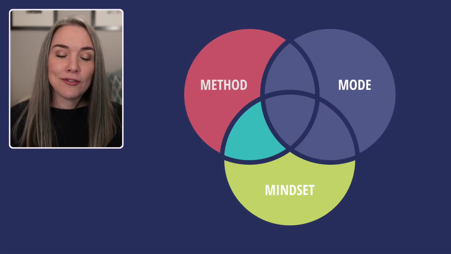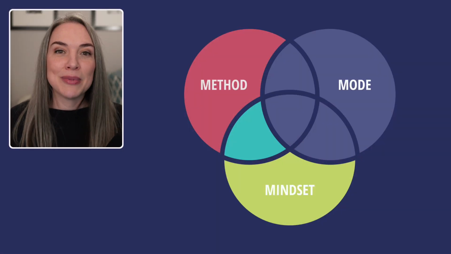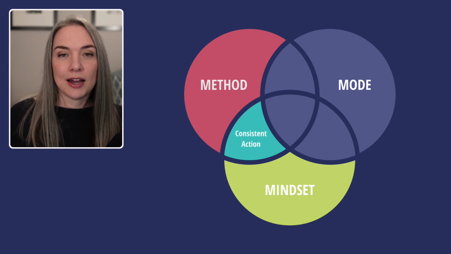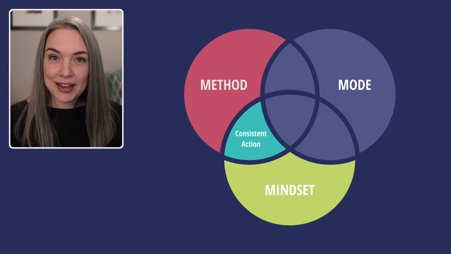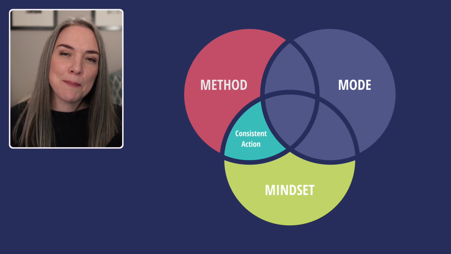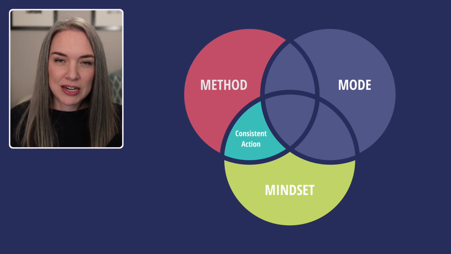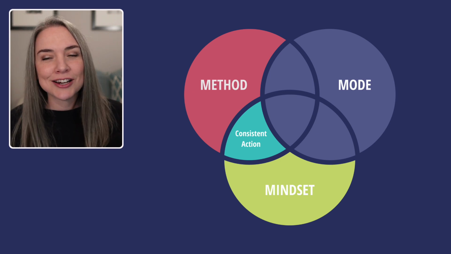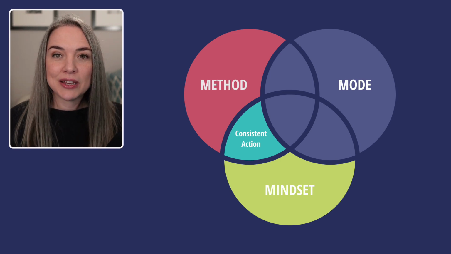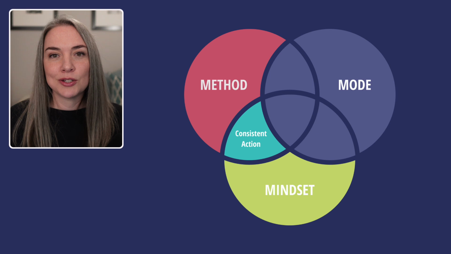So when you have a method that is clear and repeatable and a mindset that is free of fears, this is where you can take consistent action, meaning you're following a plan and you're not holding yourself back from fear. But if you don't have that mode, this is where it might not feel natural. It might not feel like a fit. So even if you're taking consistent action, it might not last because you might feel tired. This might feel unsustainable because it doesn't really suit how you like to work.